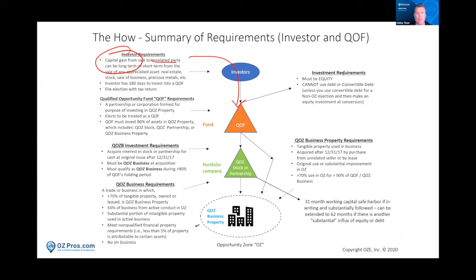So if it came through a partnership or an S corp, you've actually got until roughly September the 11th in order to place that into a qualified opportunity fund. Now we had a bunch of extensions because of COVID, which effectively allows us to go all the way back till October 4th of 2019 for any gain that came off of a sale of a stock, and go all the way back to January 1st, 2019 for any sale of a partnership interest or an S corp, or assets that are held by a partnership interest or an S corp. So it basically allows us to go way, way back.